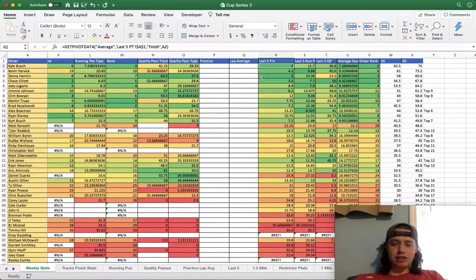He's got an average finish of third, which is really, really good. And this is excluding the Charlotte race where he got sent to the back, because I had to take out the bad data point so it's not all skewed. His average running position has been 11.7 though in the last 5 races, so that's not something I really want to see, but the finishes have been good. But the problem is I want the running position to be higher because I want him to dominate